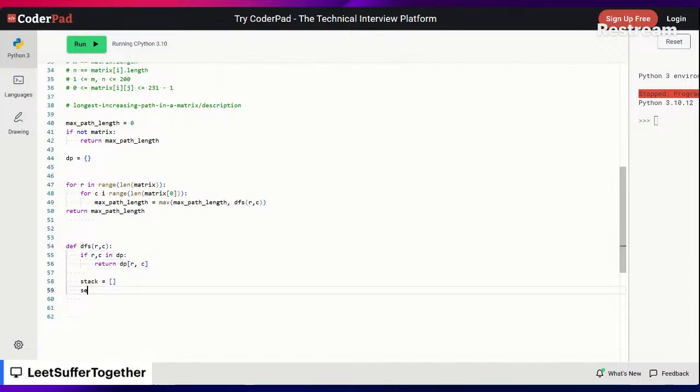Because I'm going to use a visited set. Okay. Stack dot append RNC, and then while stack,